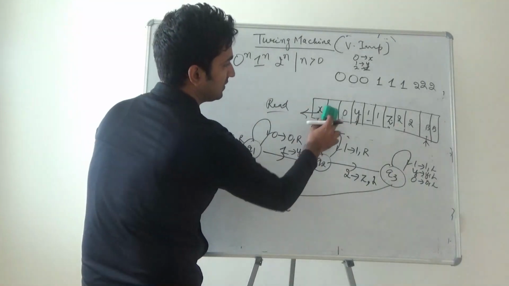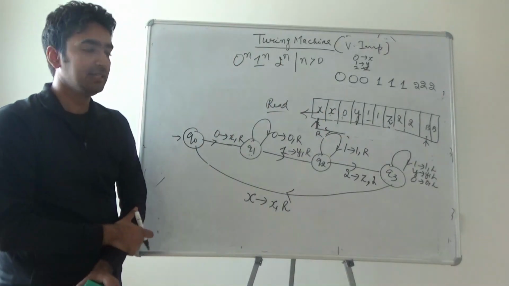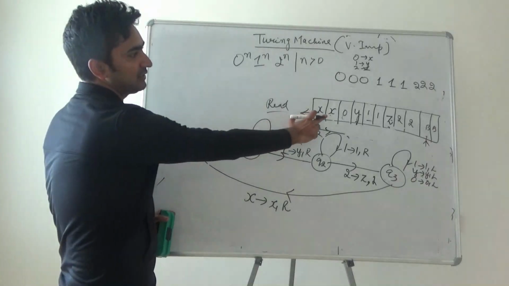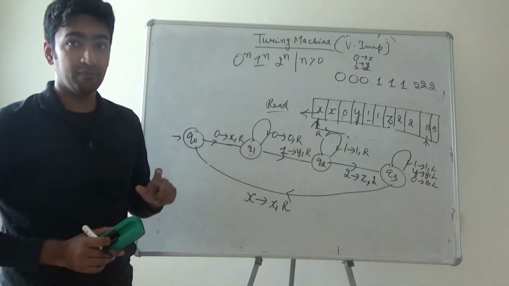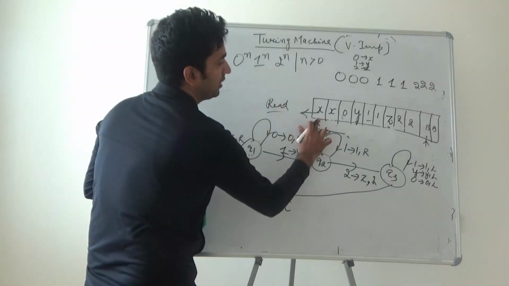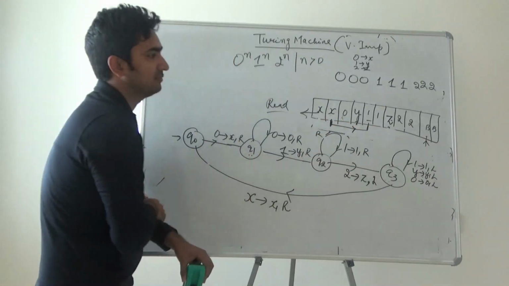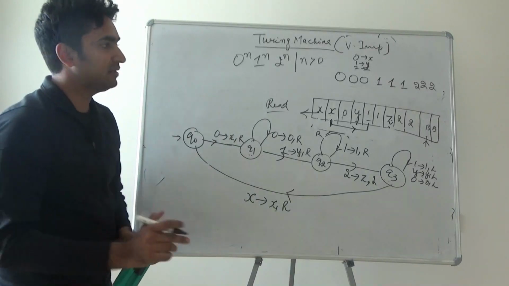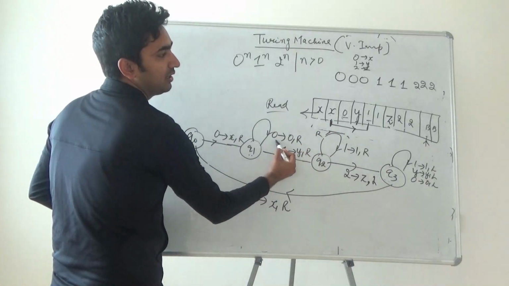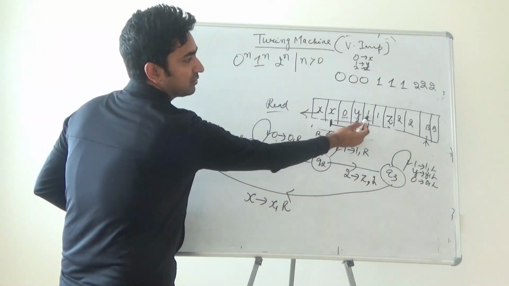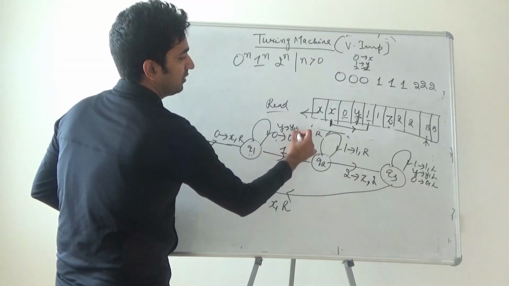So it means this is your 0 which is converted to x. Now if this 0 is converted to x, you need to tell what your target is. The target is always the next possible 1. So the next possible 1 is encountered only if you encounter 0. You have already written 0 0 R, but you are encountering in between to reach this 1 y. So you are writing y y R.